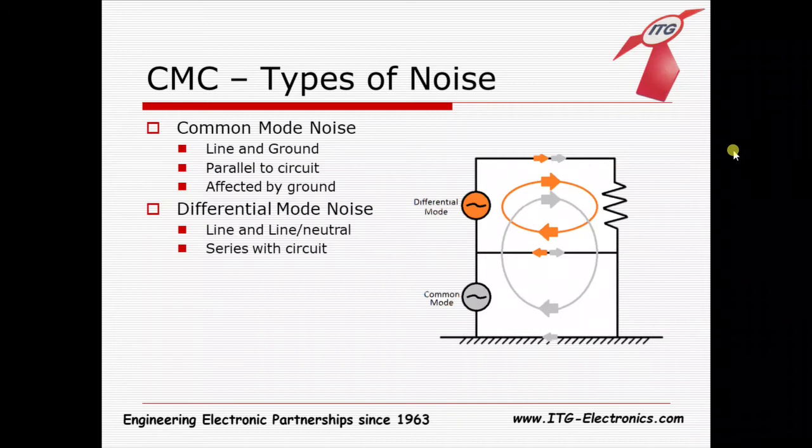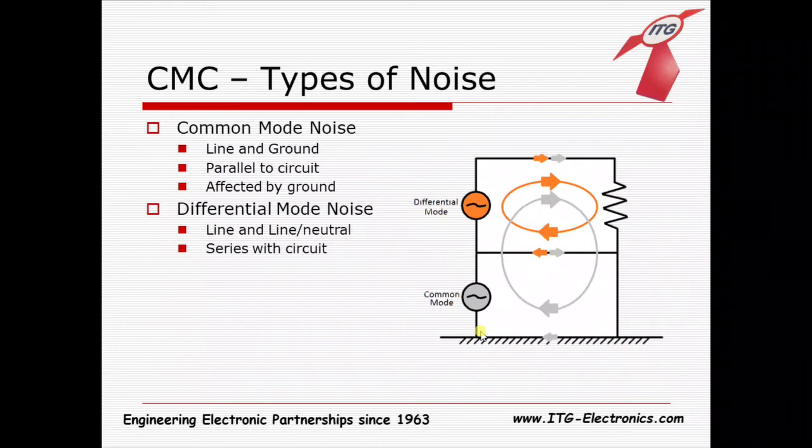And noise in a common mode noise is common, or the same, in both the line and the neutral, or the line and the return, and then comes back through the ground. So as you can see here, these gray arrows both going in the same direction on the line and the return, and then going in the opposite direction on the ground. So they're actually coming through together on the line and neutral in parallel,